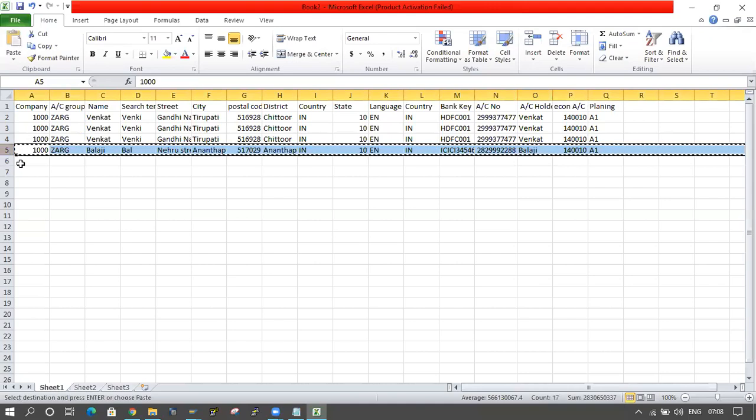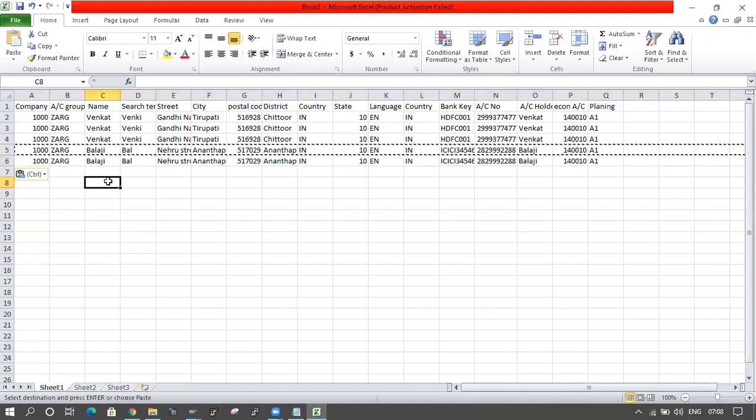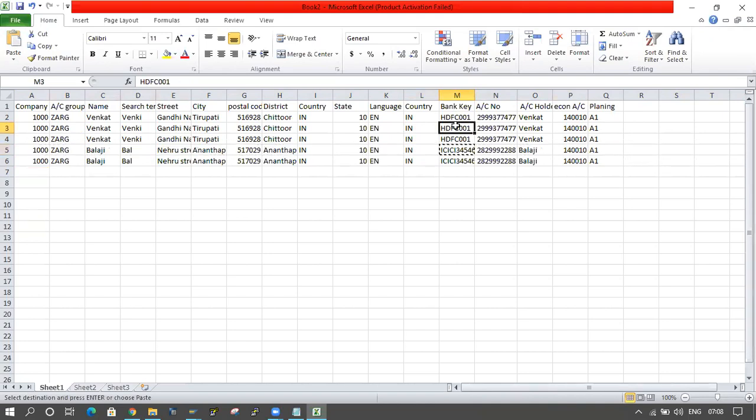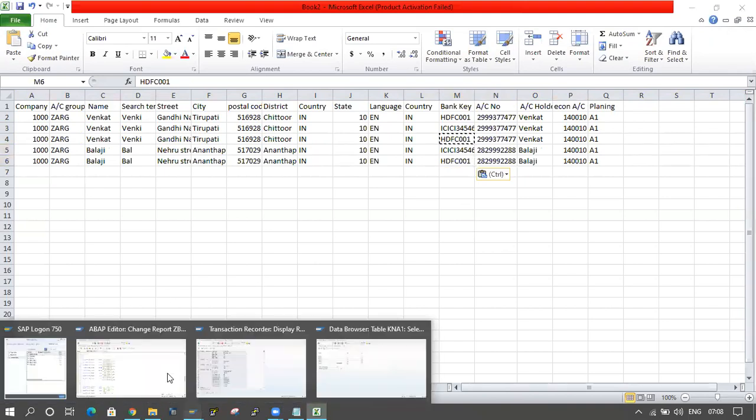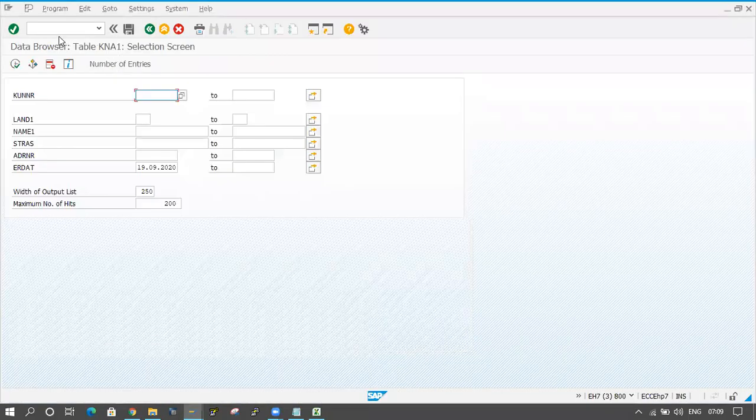For Balaji I'm maintaining two bank details, and here bank information I will change. One minute, I will check the table level bank information, the bank details.